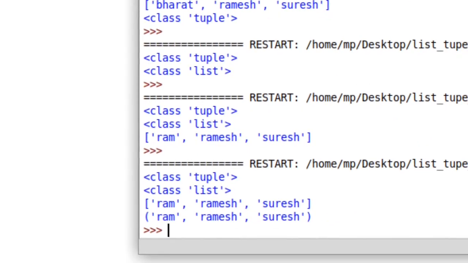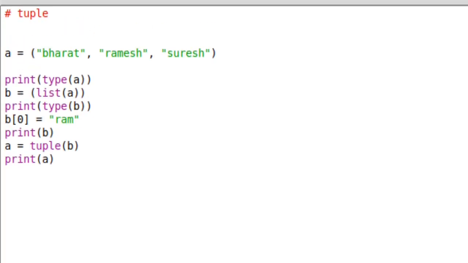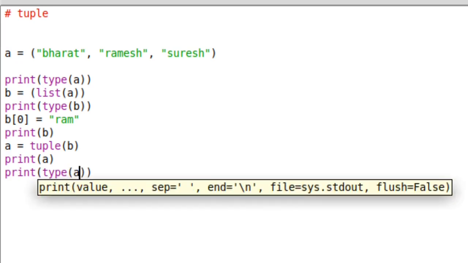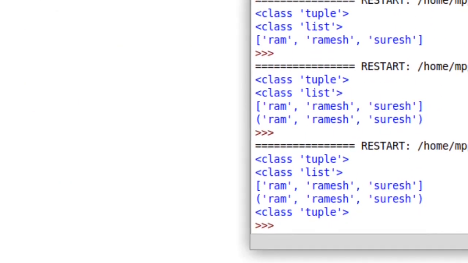Okay, so now it's a tuple where it's Ram, Ramesh and Suresh. If you want you can check the type of it one final time here. So like this you can check whether it's a tuple now or not. Here you can see now it's a class tuple again.